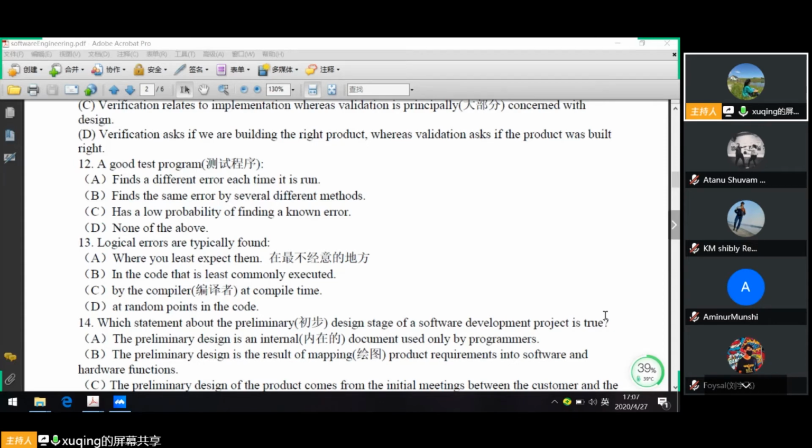Logical errors. I forget where, at least in Java programming, we have talked about logical errors. For example, what kind of logical errors we may have when we